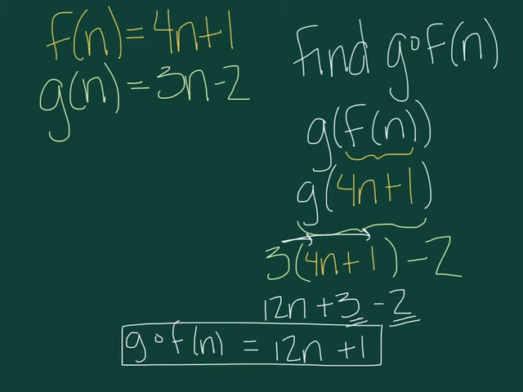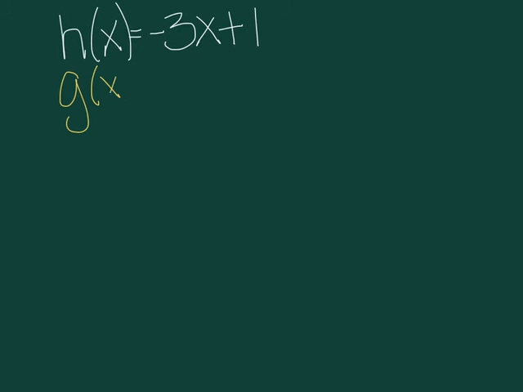Kind of cool, right? Okay. Then let's plug in a number now. Instead of just having g of f of n, let's plug in a number for n. Starting with, let's say, h of x equals negative 3x plus 1, and g of x equals 2x plus 1. And let's find